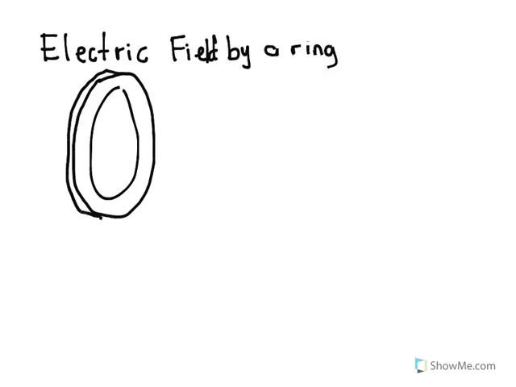So if we have a positively charged ring and we calculate the electric field at point P, which is a point located at a distance x from the center of the ring,